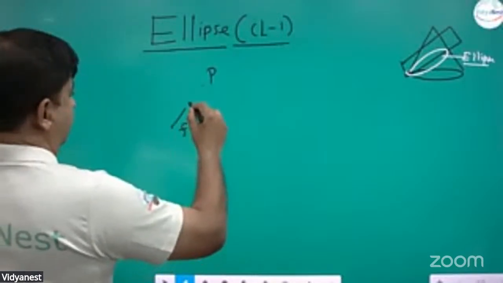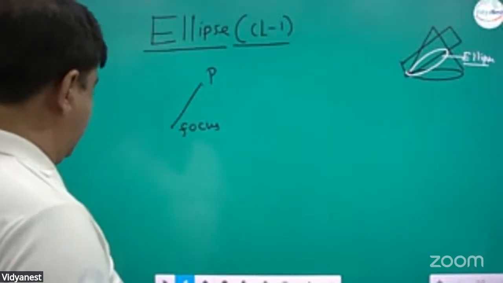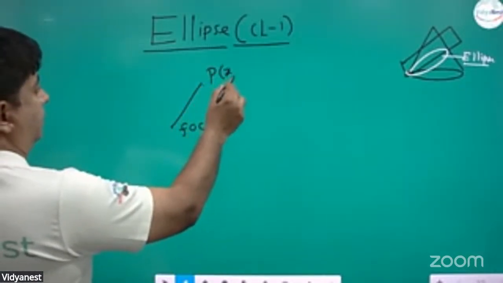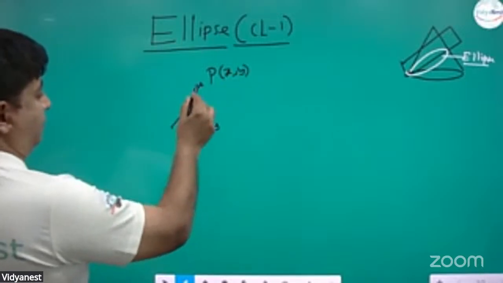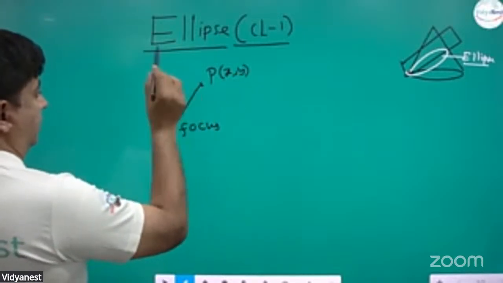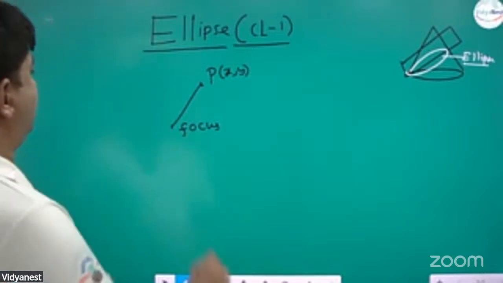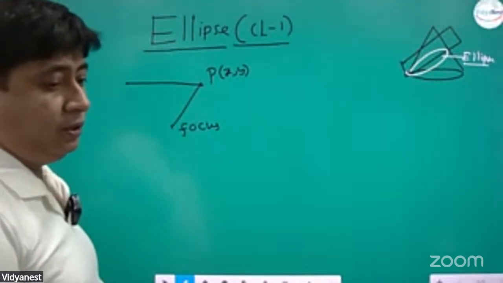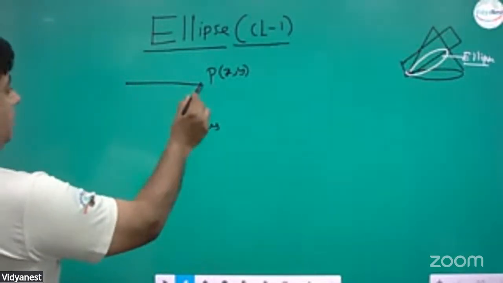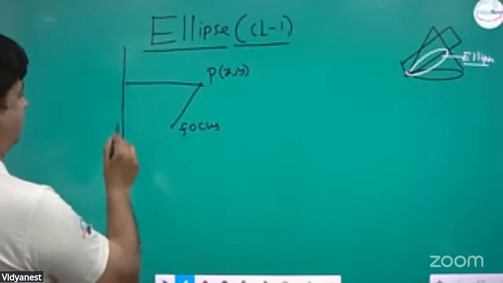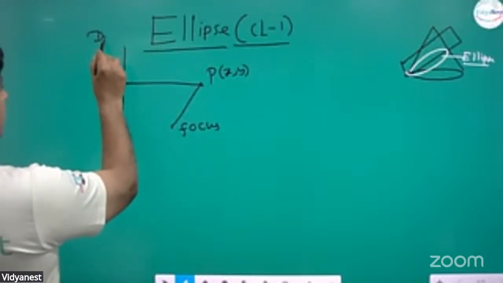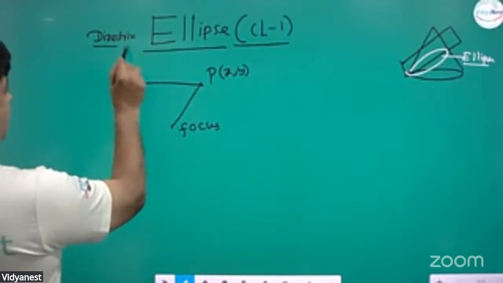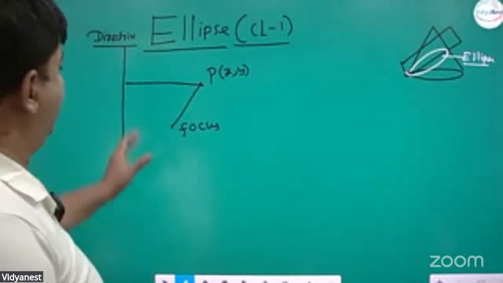If the distance between the variable point and the fixed point is in a ratio with the distance of the variable point from a fixed line, which line? By parabola you have come to know that line is directrix, are in constant ratio,